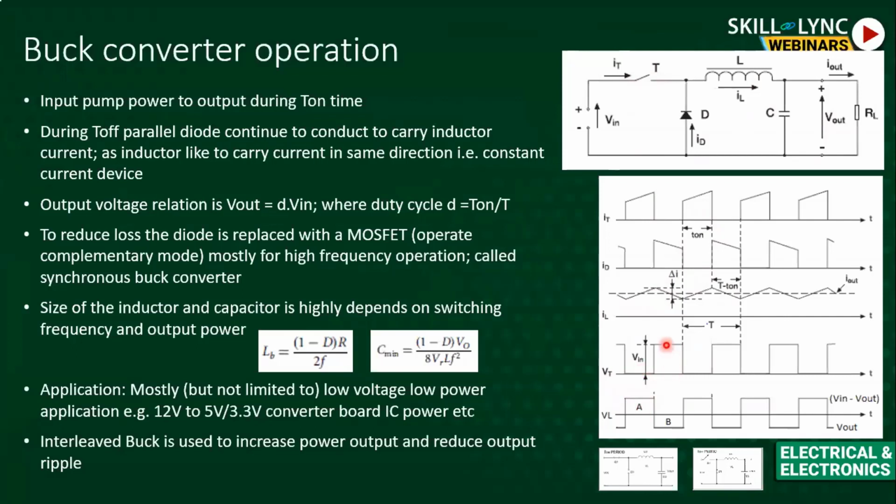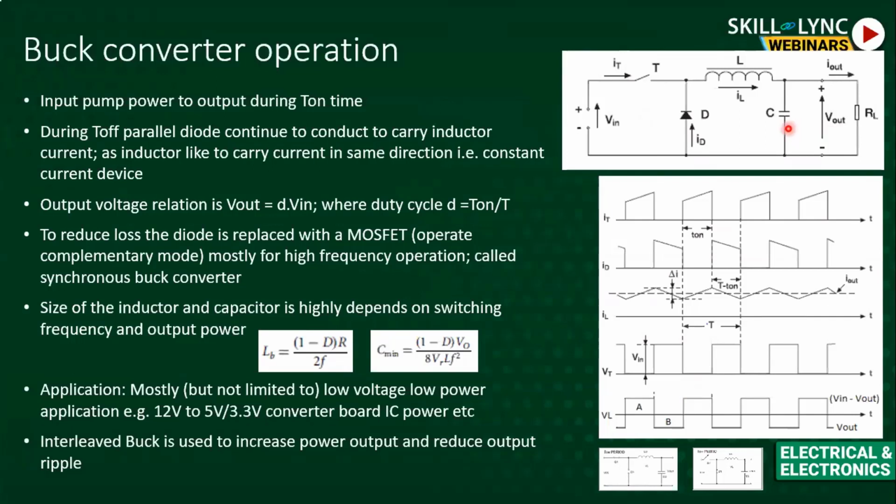And when it is turned off, the voltage across the switch is equal to V in, because the diode drop is around 1 volt. For simplification, we can neglect this voltage drop across the diode. So basically V in is seen by the transistor. In a buck converter, one important thing is that switch selection will be based on the input voltage. If the input voltage is 100 volt, the switch will be more than 100 volt, like 120 or 125 volt. So here, how do we derive the transfer function equation, basically output versus input.